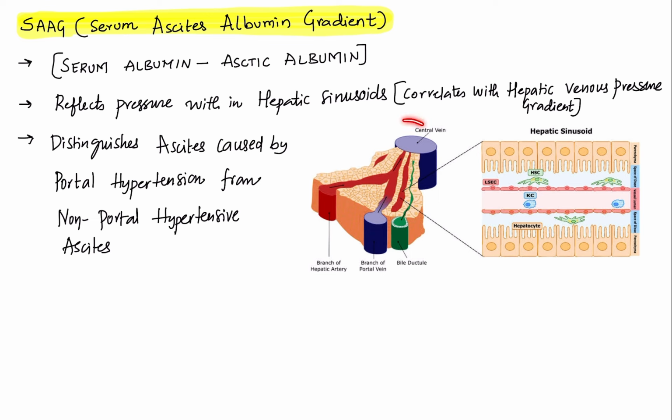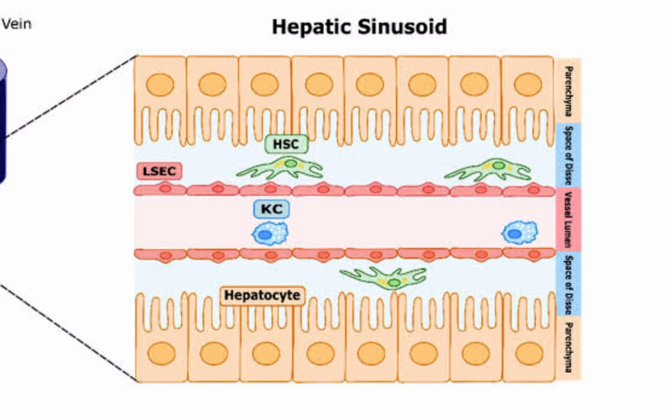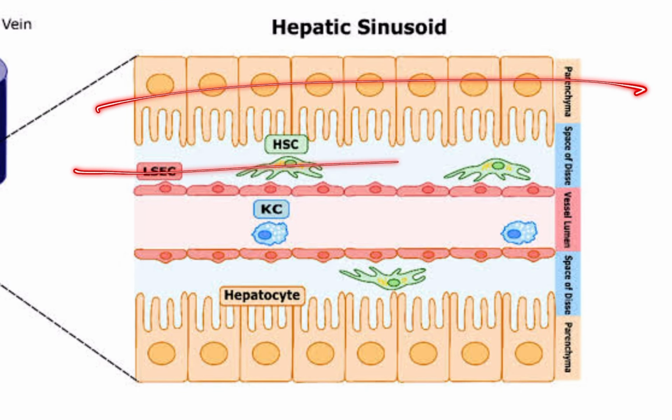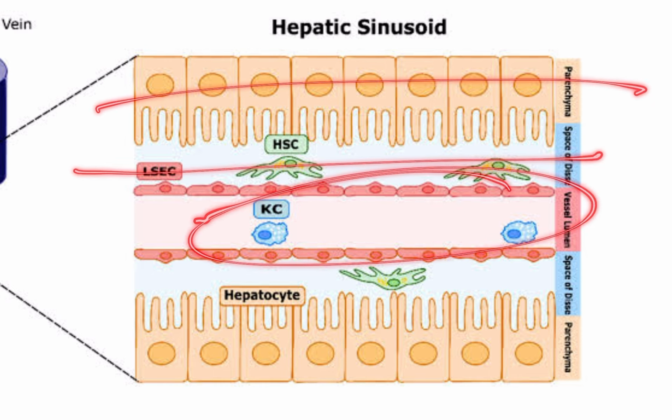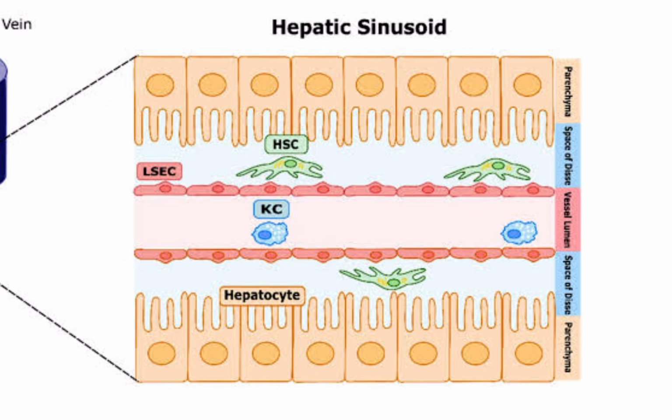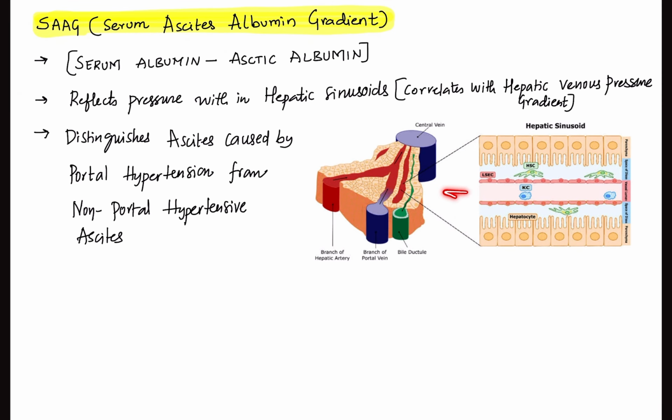What is a hepatic sinusoid? You see, this is a portal triad. In the portal triad, between the portal vein and the bile duct, you can see the hepatic sinusoid here. The exchange of fluid occurs here. If I zoom in, this is the liver parenchyma. There is a space of Disse where you see Kupffer cells and all. Then this is the sinusoidal lumen. Inside this lumen, you have the portal pressure, that is, the hepatic sinusoid. The pressure in the hepatic sinusoid or the pressure in the hepatic vein,